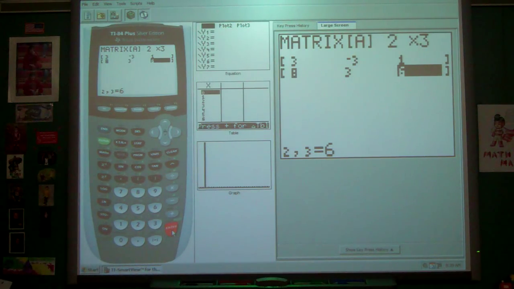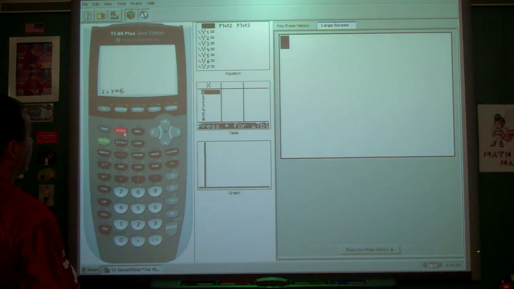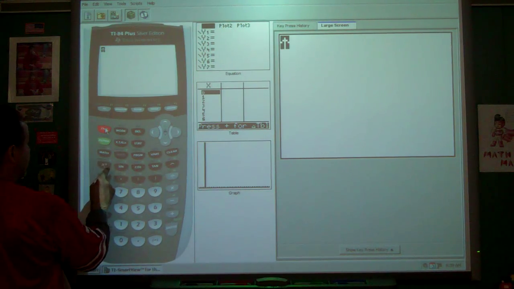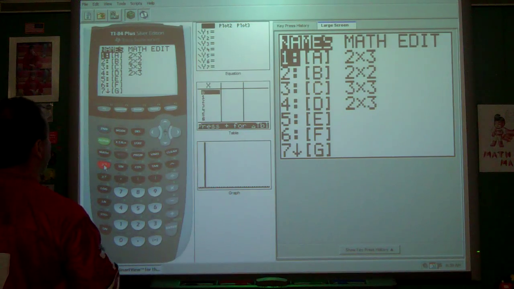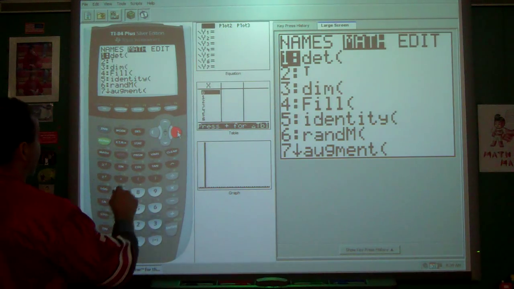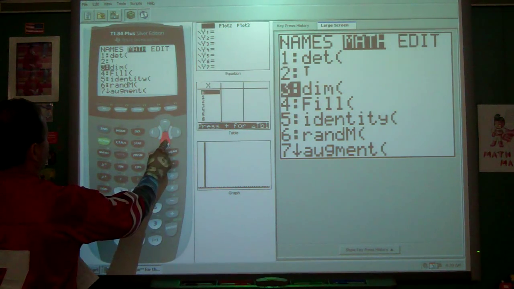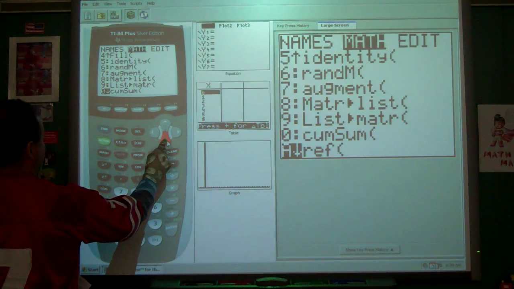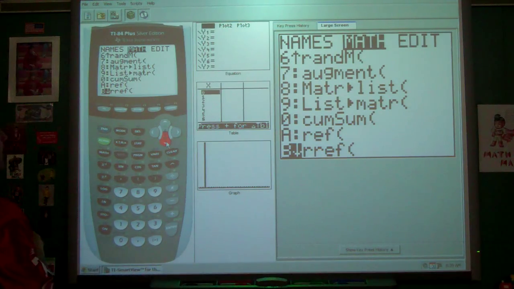Now this is where you need to hit second quit, or it gets all messed up. Okay. Now even if it's a 2 by 3 instead of a 3 by 4, you still do the same place, RREF. Row reduction echelon form, that's what that's called. Gotta go to math. You could actually do all of this by hand, but we solved by hand, so I think that was enough for us. Make sure you get to RREF,